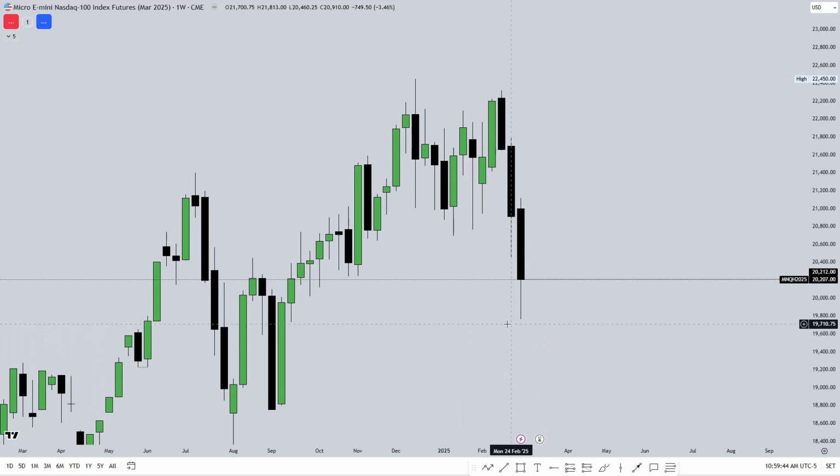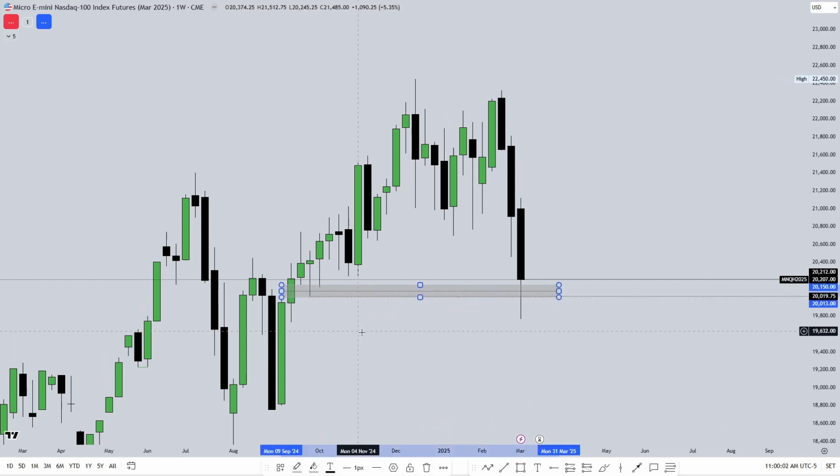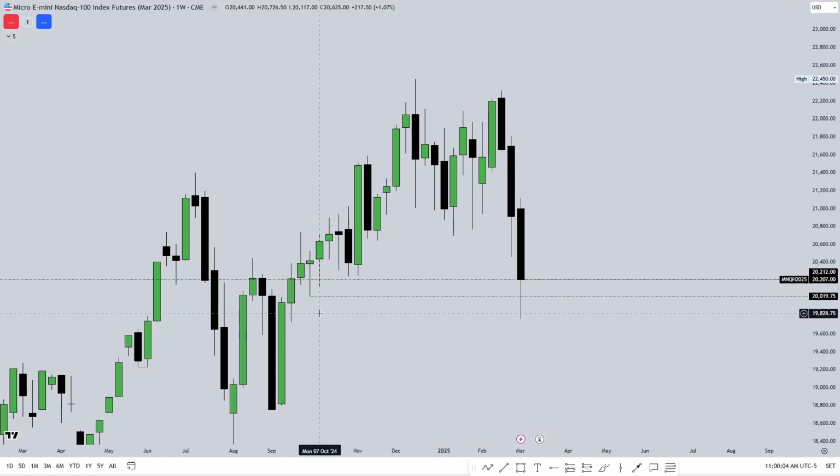So to start off here, this low right here, this weekly low was important to me because it was a swing low that was inside of a weekly fair value gap right here. So that's always important to me as an intermediate term low. If I'm bearish, it's going to be a really important target for me. So that is something that I was looking at as far as weekly objectives goes.